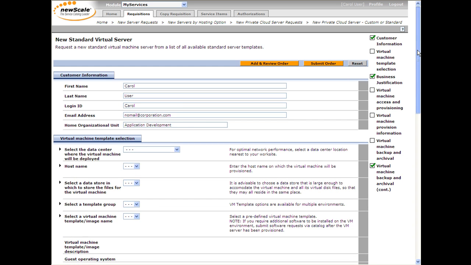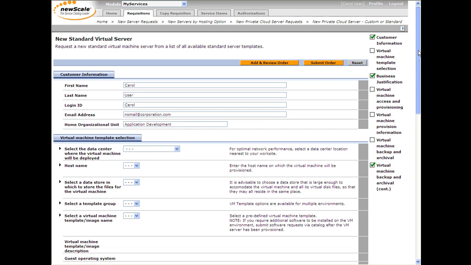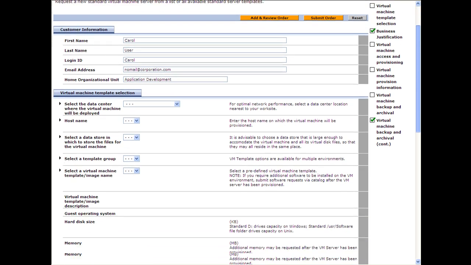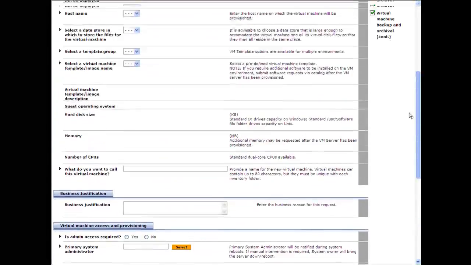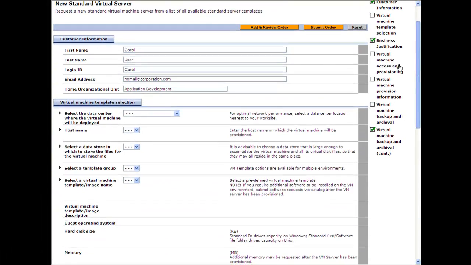Now, our order form is smart enough to know who Carol is and pull in her information. The order form could be a single page, or it could be a series of pages, or paginated, like in the wizard example. In this example, if Carol's a more technical user, she may have a lot of knowledge about the VMware environment, but maybe she's somebody that doesn't really need full administrative access to that VMware environment. So using a service catalog is one way to restrict her usage, but still give her the abilities that she needs. So here Carol can go ahead and select the data center that she needs in a limited list,